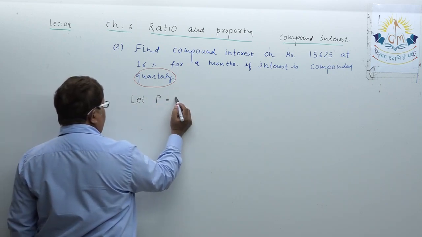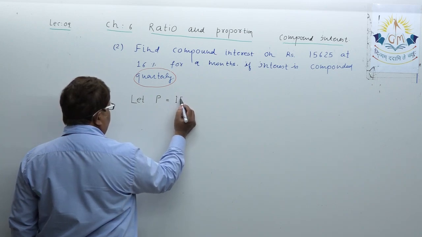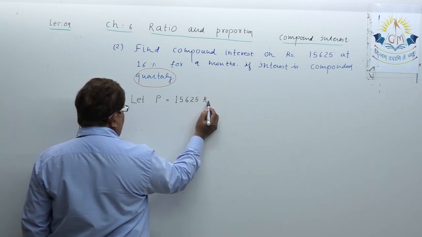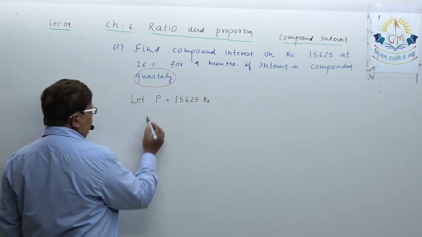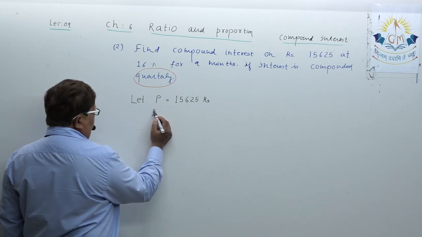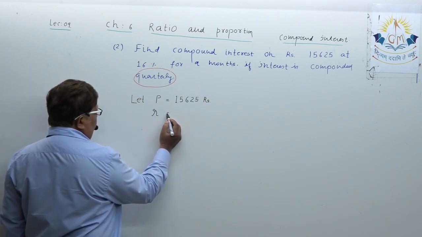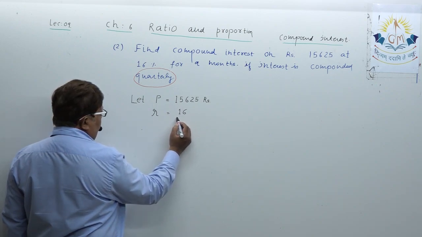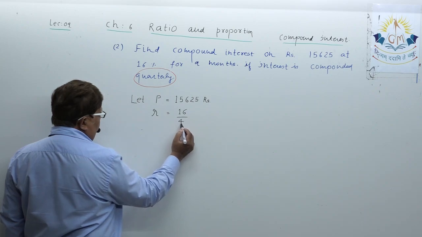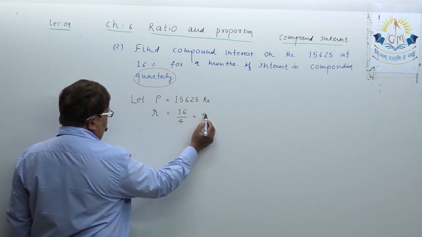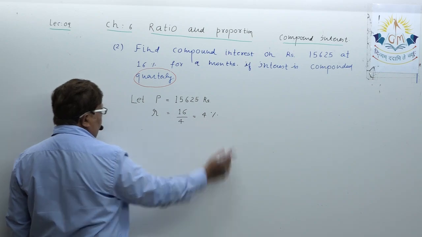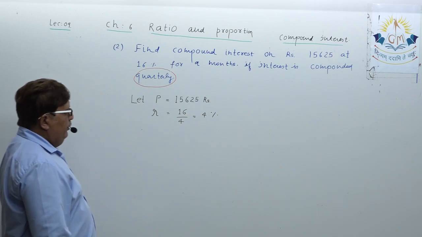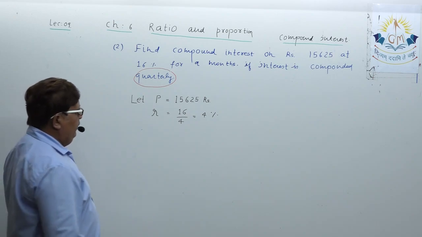What is that? 15625 rupees. Okay, dear student. Can you tell what to do with the rate of interest? The rate of interest is to be divided by 4. Turn out to be 4 percentage. Okay, is the rate of interest, then